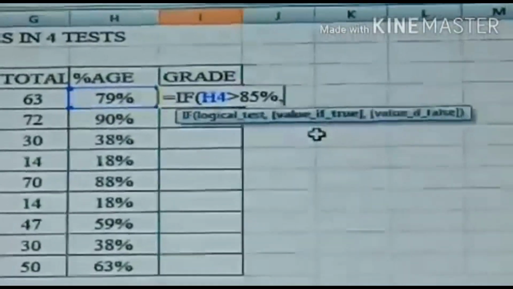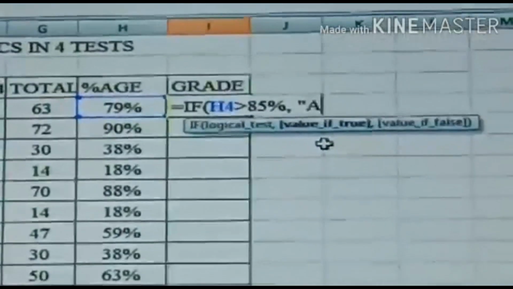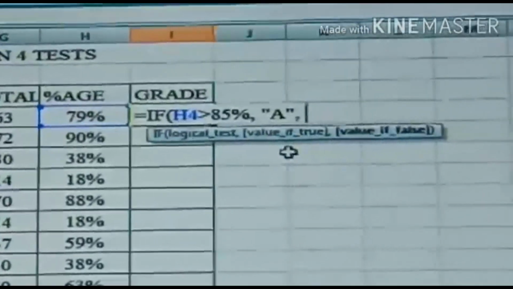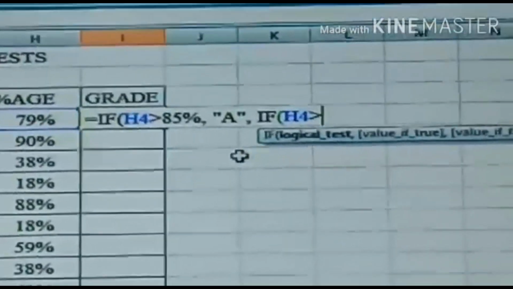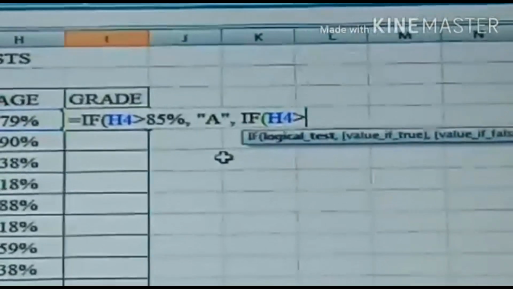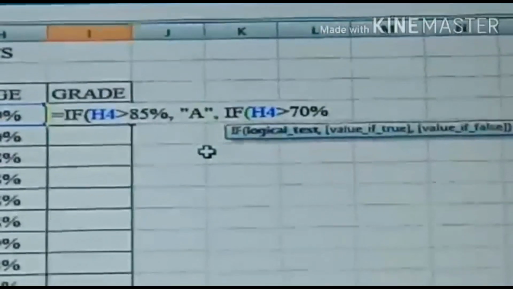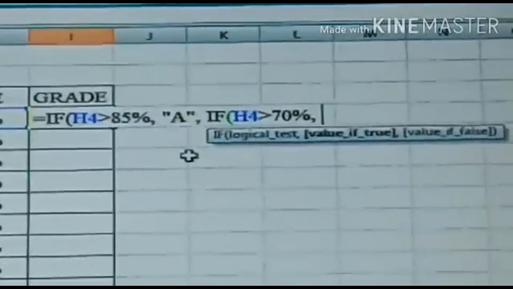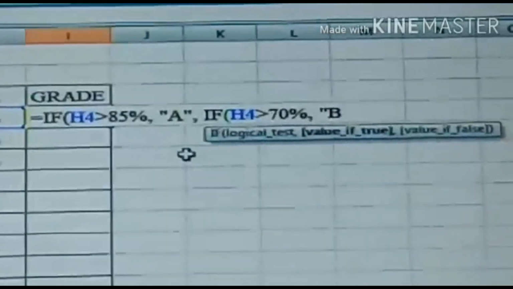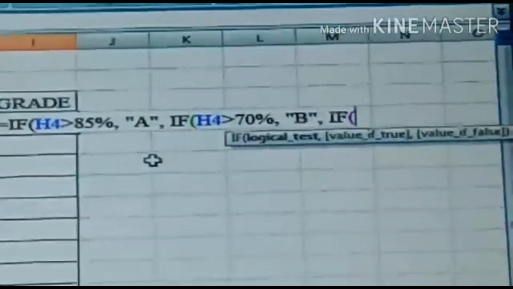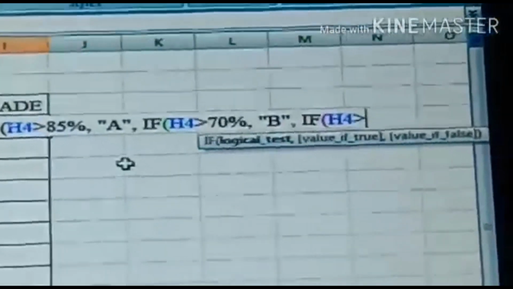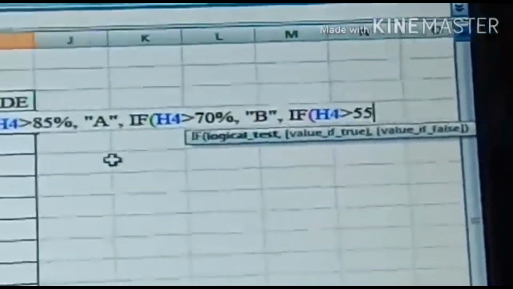That is, if H4 is greater than 85%, then we will have A grade. Else, that is the false condition, in the false condition again we will write the next IF statement, and it is for grade B. Similarly, we will write for C and D and F.